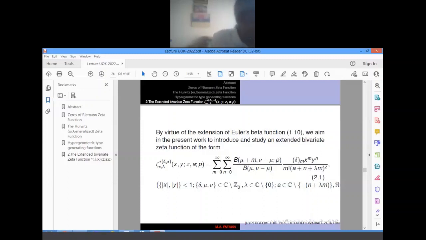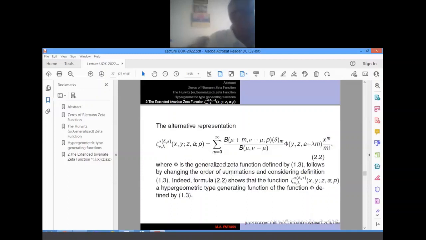So this is one of the representations of the real Zeta function, which can be said to have a Hypergeometric form. Another alternative representation in the Hypergeometric form is given by relation 2.2, that is zeta nu lambda star, and again x y z a b are there, where this phi is the generalized zeta function defined by 1.3,